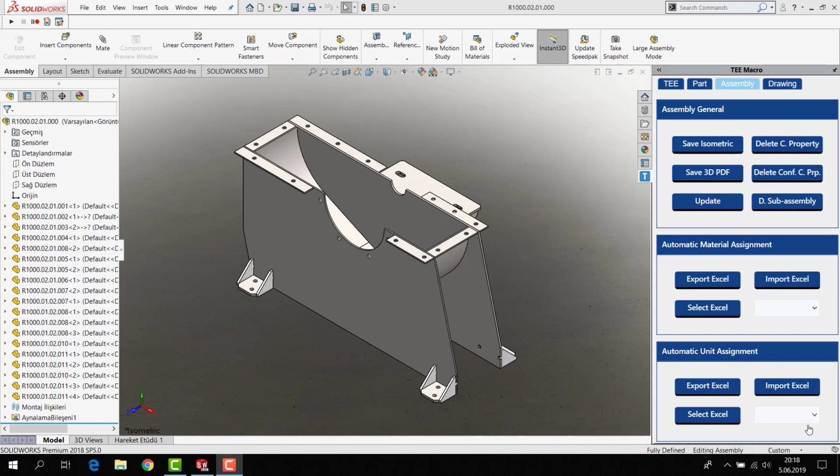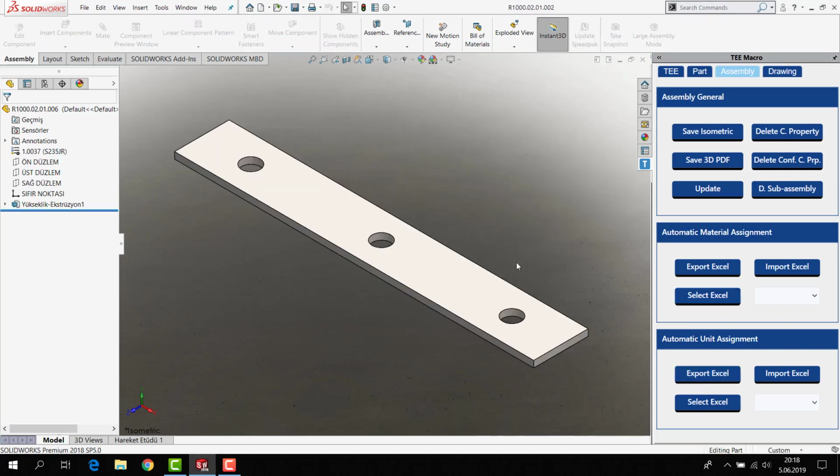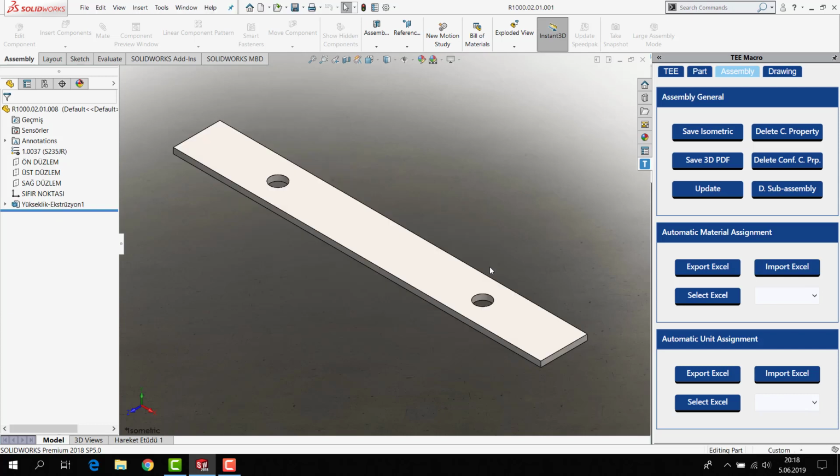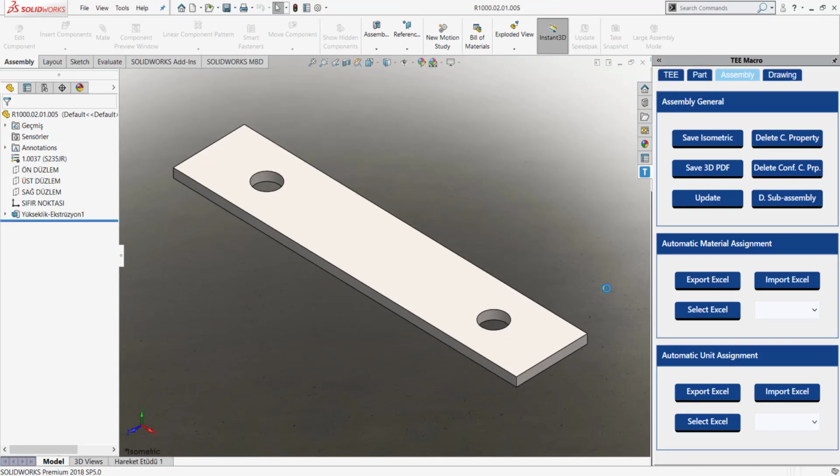Hi everyone, today I'm gonna show you how to assign a new unit in Solidworks. Before the material video, you can export all the material, and this time not get the material, just only get the unit